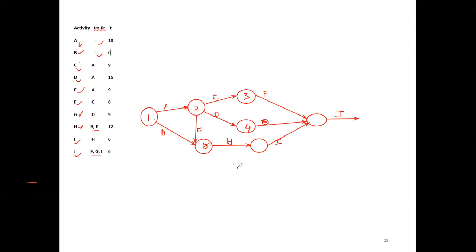Now we cannot leave the activity like this. There are rules and regulations for the formation of the network model. Any project will start with one event and end with one event. Only then can we monitor the project and do the calculations. So we have to make an event here also. We have to complete the J activity with the ending node, the end event node.